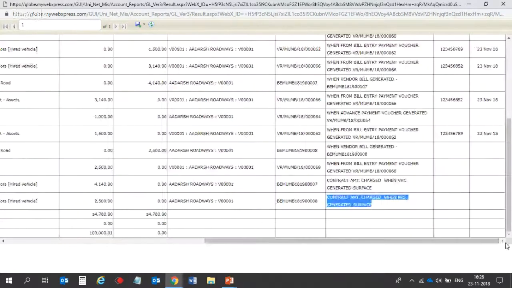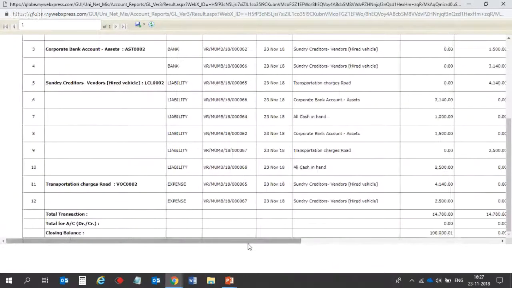We have a question in the comment box from Bipin Sharma and Bijendra Singharia of how to make a debit note against the party. So we will take the case of a debit note created against